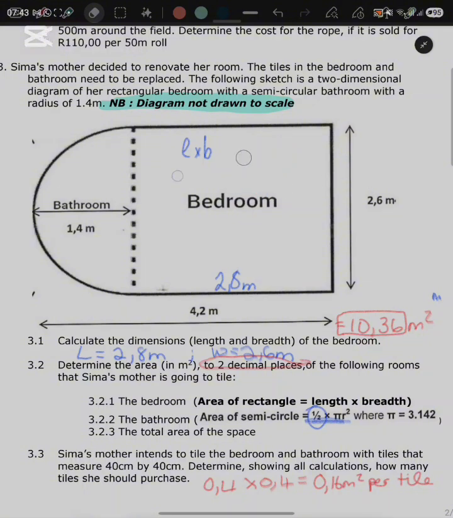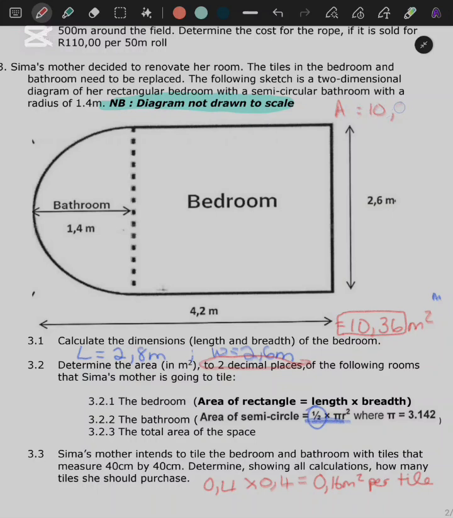So what I'm going to do is take the area of my bedroom, which was 10,36 meters squared, and I'm going to divide it by 0,16 meters squared by the tile. And if I do that, and I go 10,36 divided by 0,16, I get to